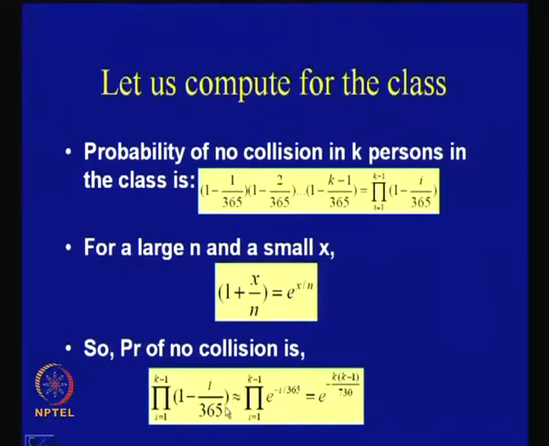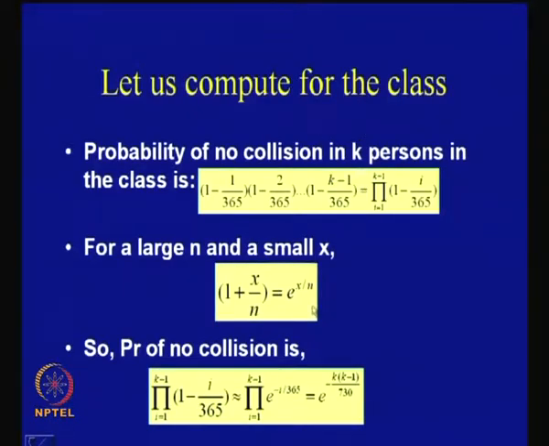Okay, what is the least number of students which should be in the class, so that the probability that two of them are born on the same day is, say, more than half? I am interested in finding out the least size of the class so that there are at least two students who are born on the same day, and the probability of this fact is more than half, or greater than or equal to half.